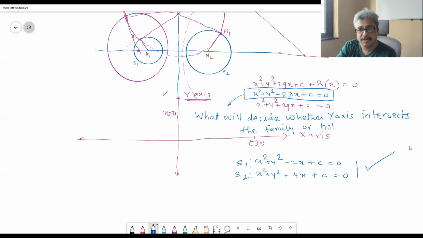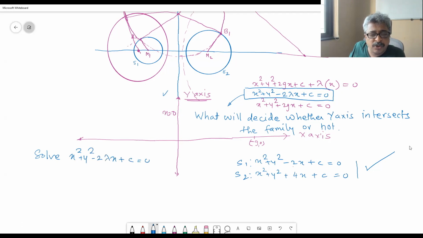Let us solve this circle simultaneously with x is equal to 0. Solve x square plus y square minus 2 lambda x plus c is equal to 0 simultaneously with x is equal to 0. So y square plus c is equal to 0, and we want the y value. Suppose it intersects here, then anyway the x coordinate is 0 and the y coordinate is something, y dash. We want y dash to be real, therefore y square should be equal to minus c, and hence